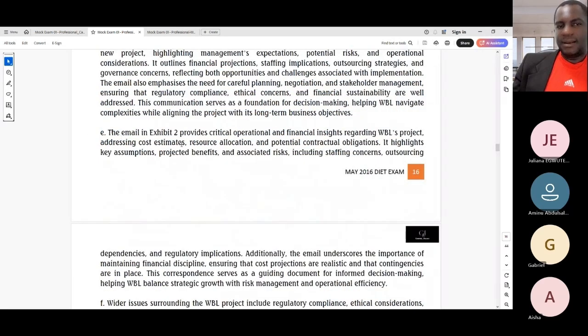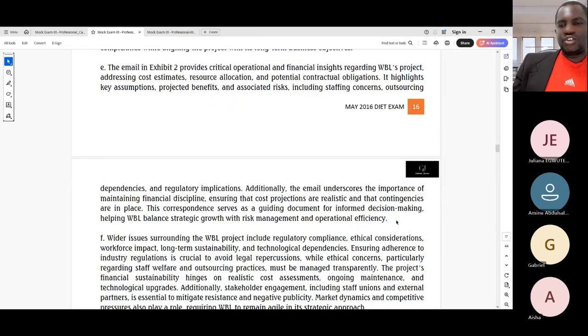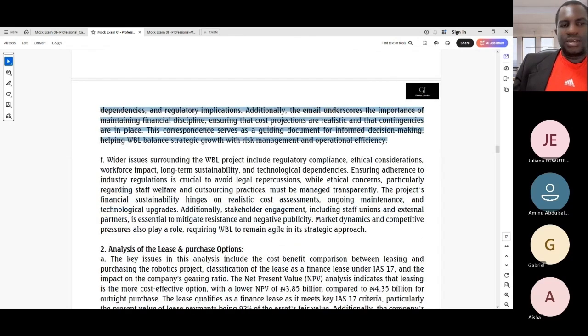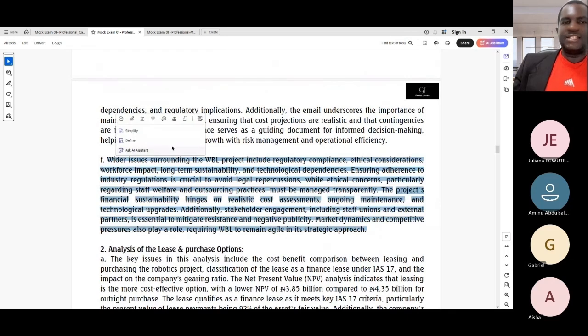The fifth point is the email in Exhibit 2, stressing you to do an analysis of cost estimates, resource allocation, potential contractual obligations. So this is just speaking to the data and the information, and that's what the first header is about. I also talk about wider issues, regulatory compliance, ethical considerations, just on a general overview. That's why this first header is either analysis of the financial information or a general overview, like we stated in